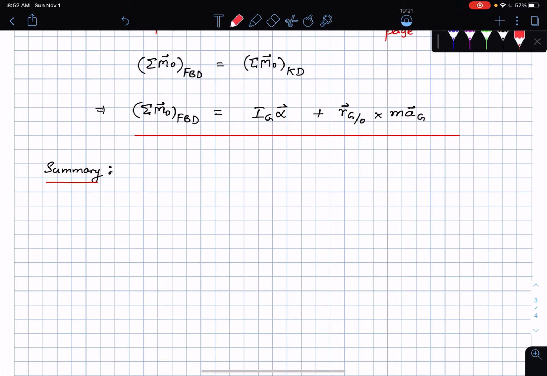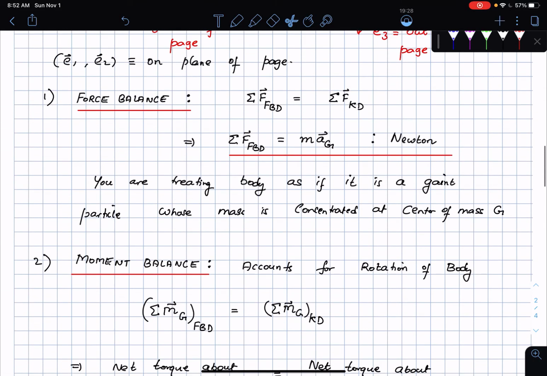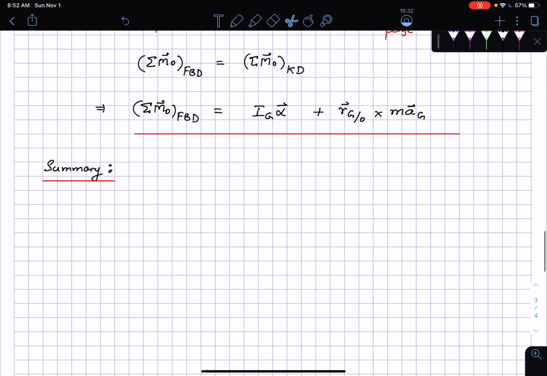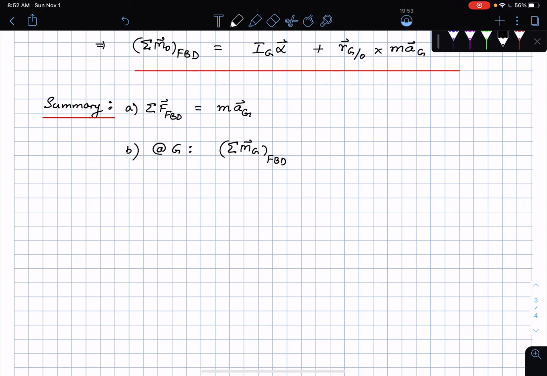So what are the equations that I have? I have the force balance equations. Those are the same as before, what you did for a particle. That's essentially the same thing, so I'm just going to copy that and bring it down here. So this is one. And then I have the moment balance equations. So this is A, this is B, moment balance. I can do moment balance about the point G. If I do that, then I see that the net torque about the point G on the free body diagram is equal